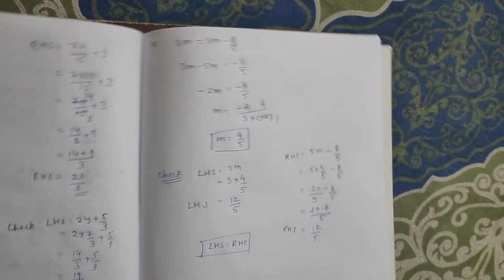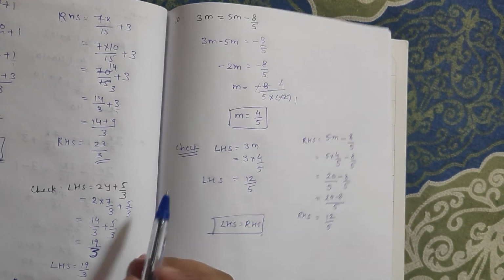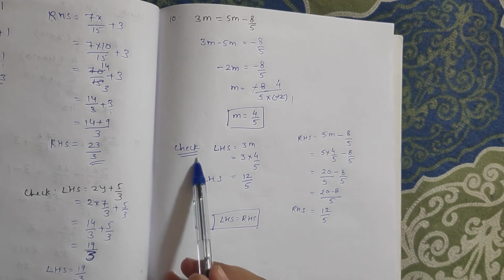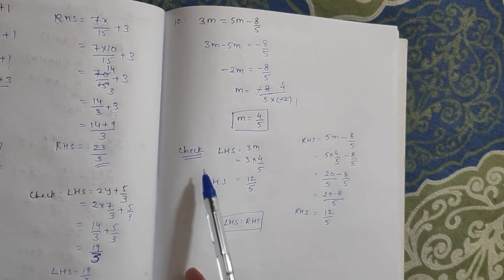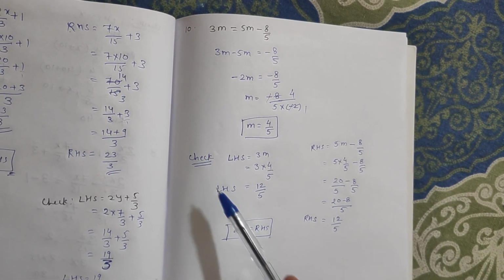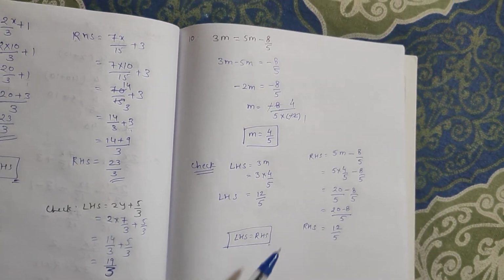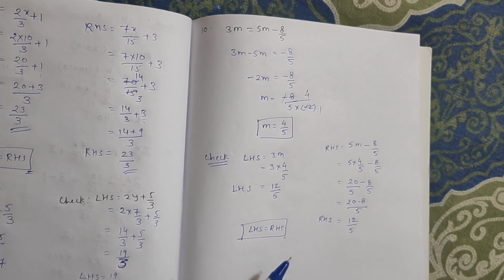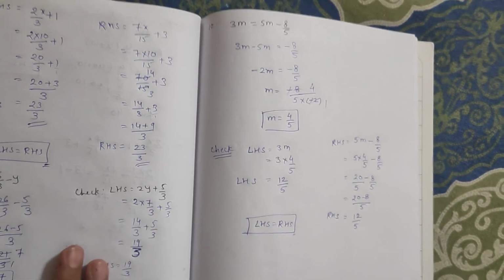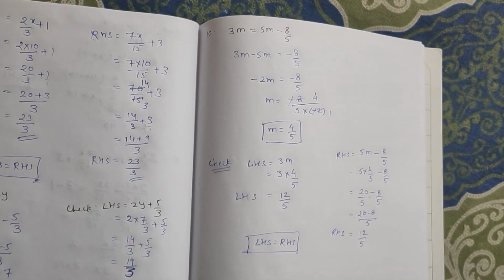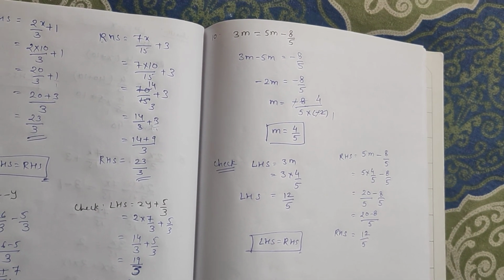So in exam you have to read the question carefully. If they have asked to check the result, it is also carrying some marks. Okay, only if it is given that you have to check the result, then only you have to check. In all questions no need to check the result if it is not mentioned in the question. So this is all about exercise 2.3. So with this we have completed exercise 2.3.